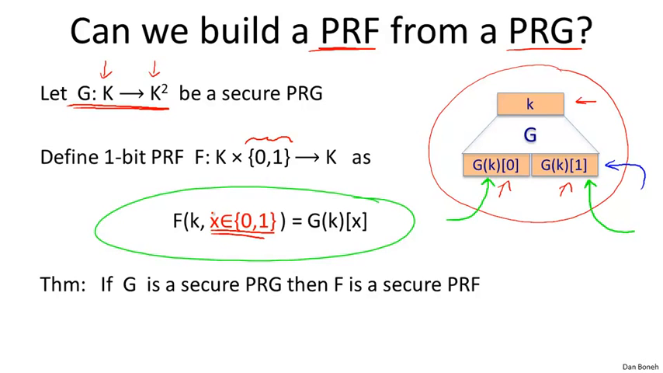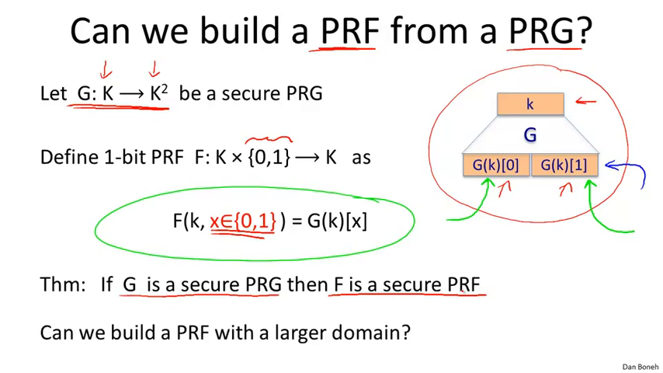Now it's straightforward to show that if G is a secure PRG, then this 1-bit PRF is in fact a secure PRF. If you think about it for a second, this is really a tautology. It's really just stating the same thing twice. So I'll leave it for you to think about this briefly and convince yourself that this